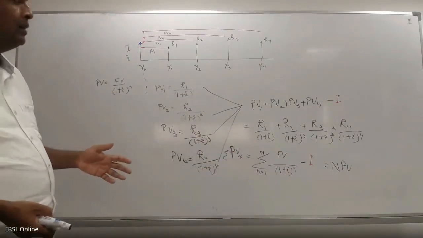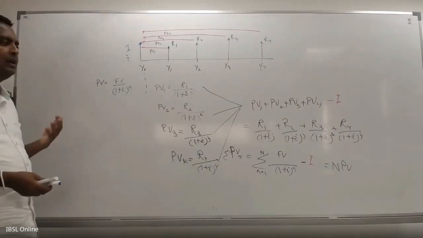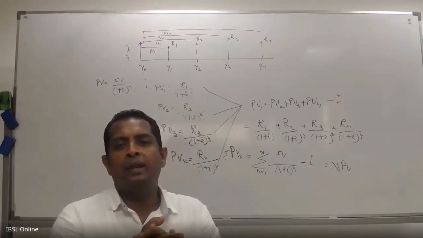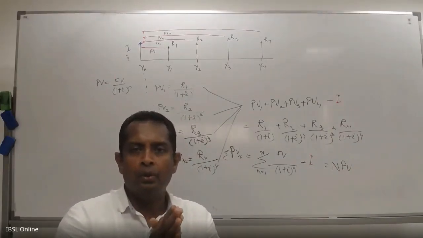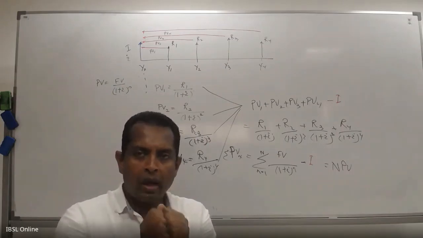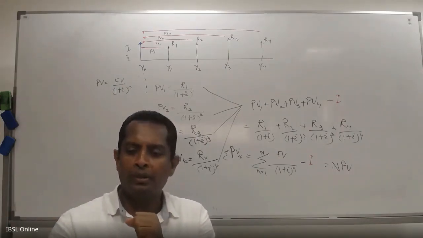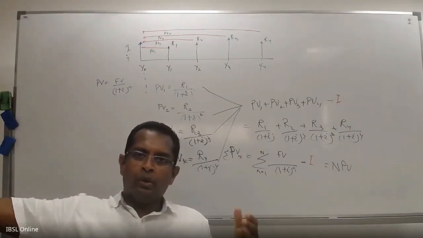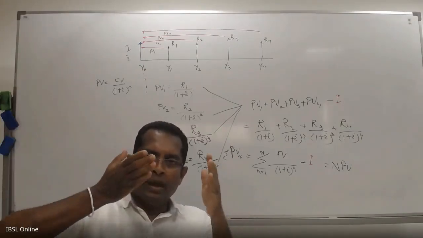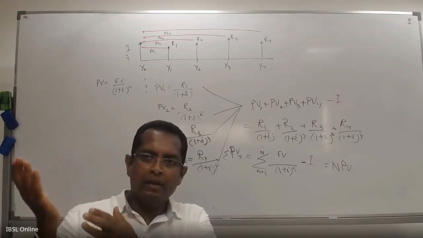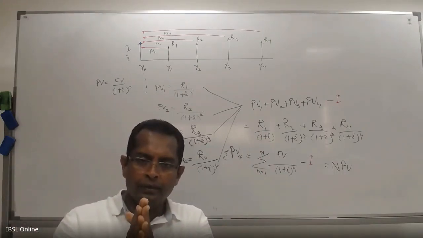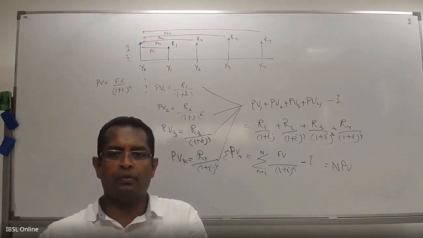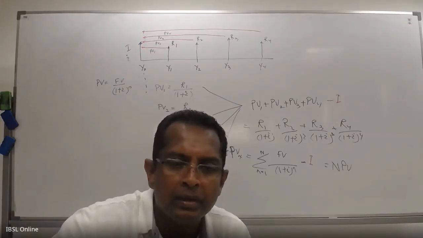So our next calculation is the net present value calculation, right? We are considering the time value of money now. We are not saying 100 rupees today and 100 rupees tomorrow are both the same. No. We will bring the future cash flows to today and subtract the initial investment to find out the difference between the initial investment and expected future cash flows. And let me go to the presentation now.